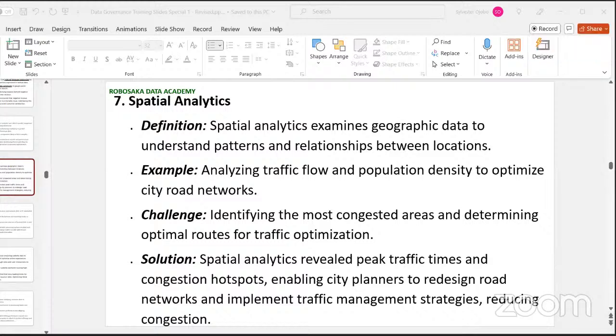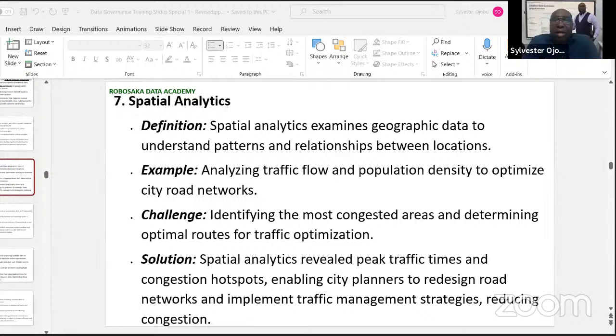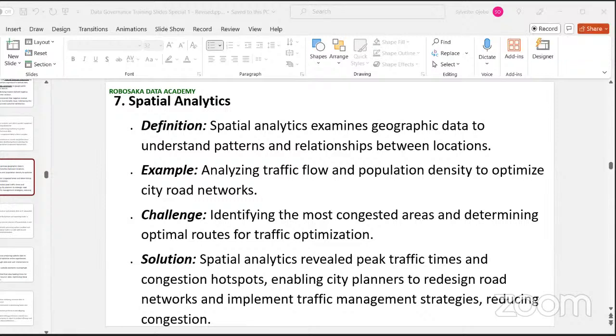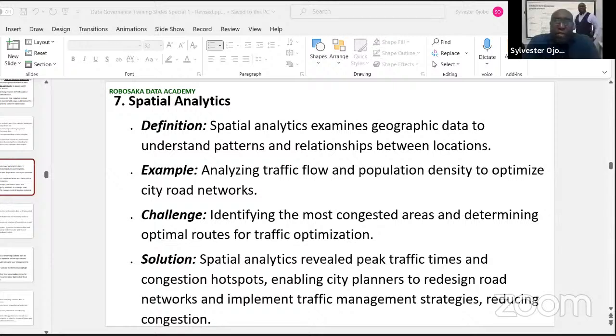That is when you pass through Blackwall Tunnel, Rotherhithe Tunnel. Yes. So if you want to take Blackwall Tunnel, going through